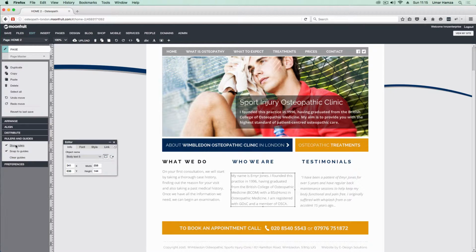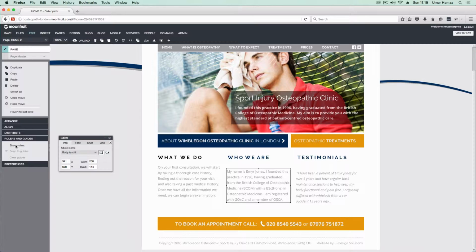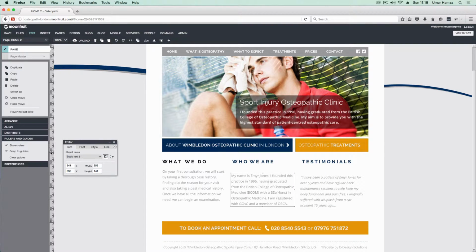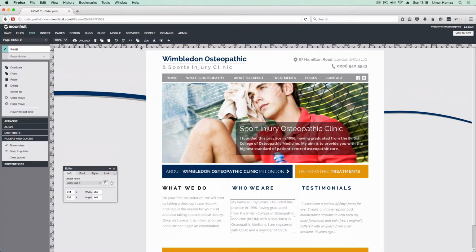We have the show ruler option selected by default. This basically just shows and hides the rulers alongside the page, and as well at the top of the page we have some rulers as well. We have snap to guides. This just snaps objects to the guides, and I'll show you that in a bit, and you can clear guides. Once you have the ruler shown on the page,